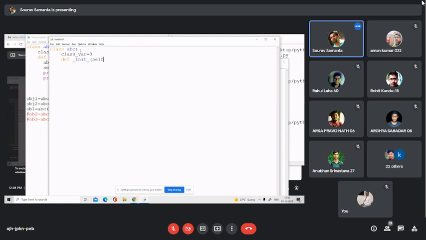Self var, so it is the initialization. abc dot class var equal to... so this code is equivalent to this one.